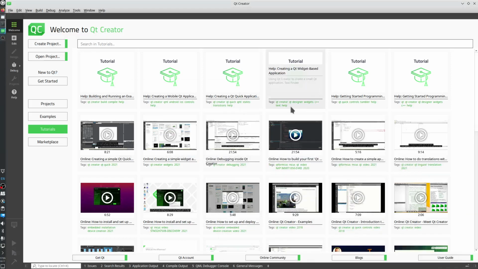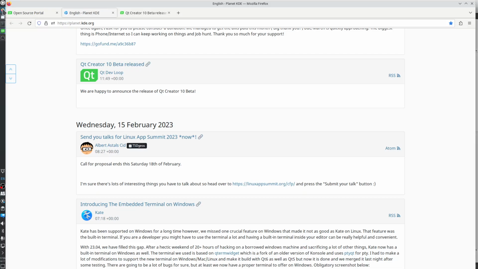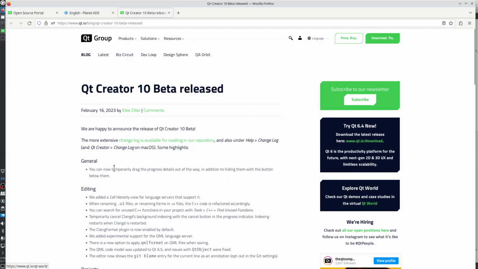Hello, today we are going to follow the Qt Creator tutorial, creating a Qt Quick application, so the QML tutorial from Qt Creator. So today we have the announcement of Qt Creator 10 beta. So I read the announcement,